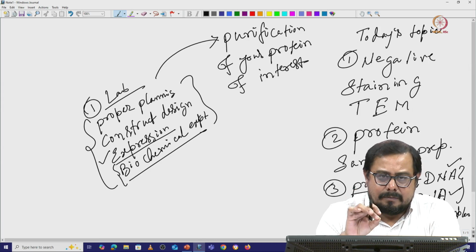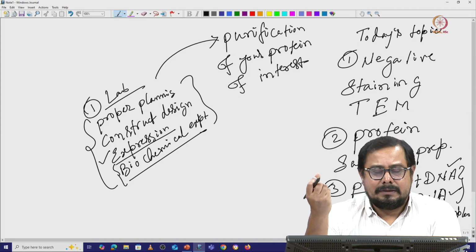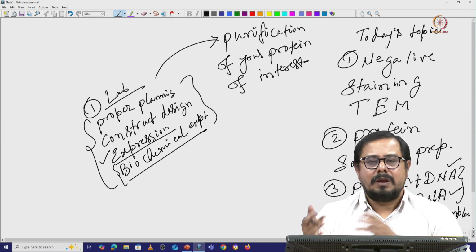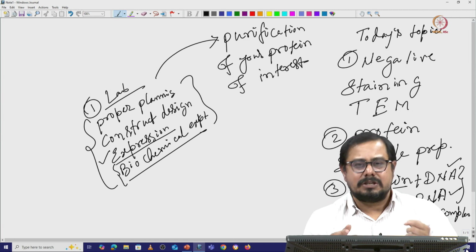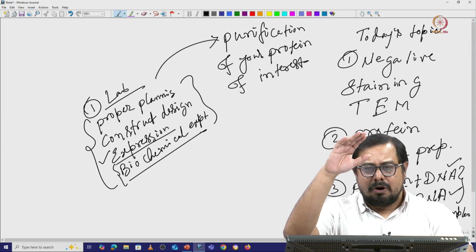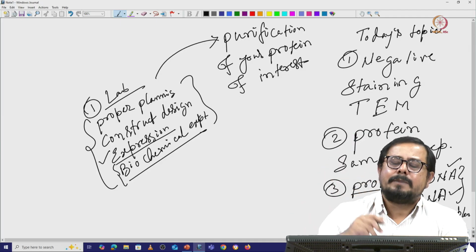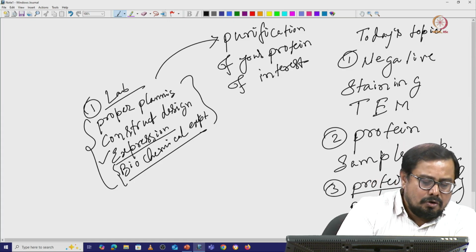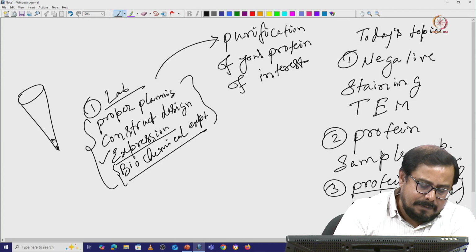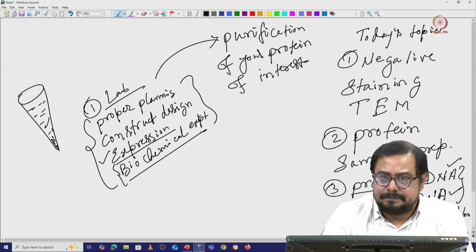You are getting your protein, but when you rupture the cell membrane and try to take out those proteins, you can do it in different ways. Mostly you can use sonication to rupture the cell membrane. Then you will use the centrifuge, all the cell debris will precipitate, and if your protein is a soluble protein, that protein will go to the supernatant. So, you have a tube. All these cell debris will precipitate here, and in the solution your soluble protein will stay.